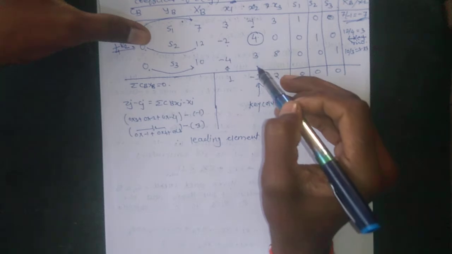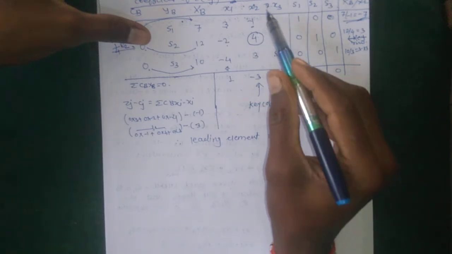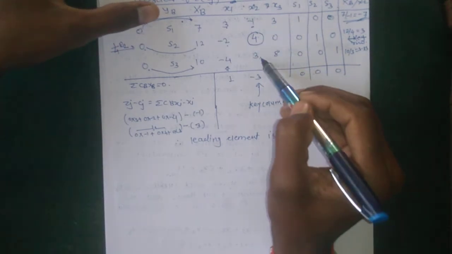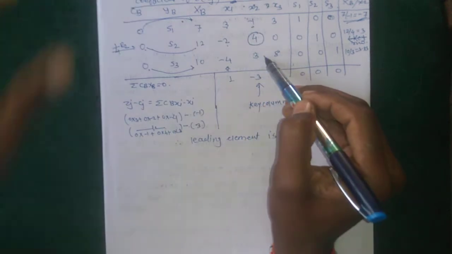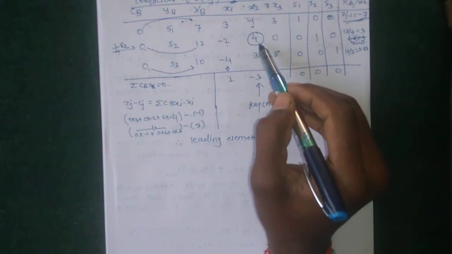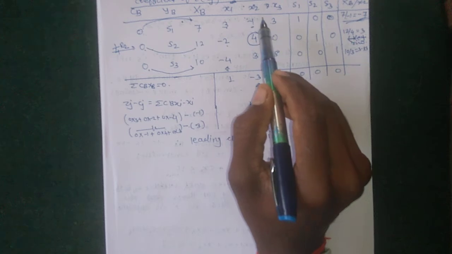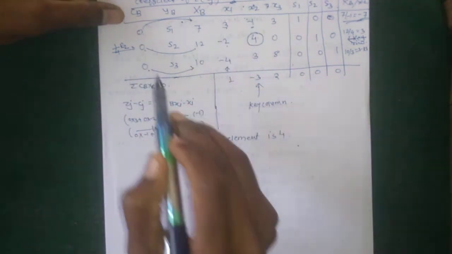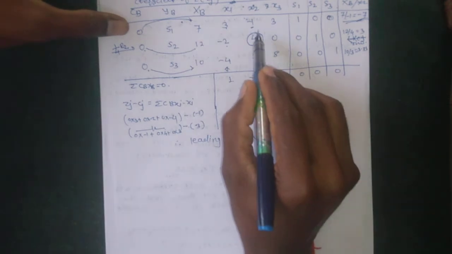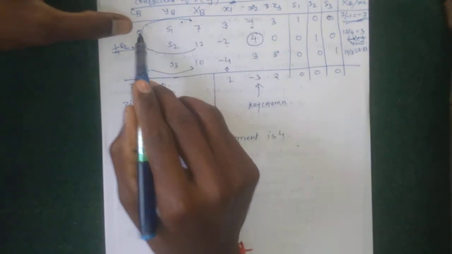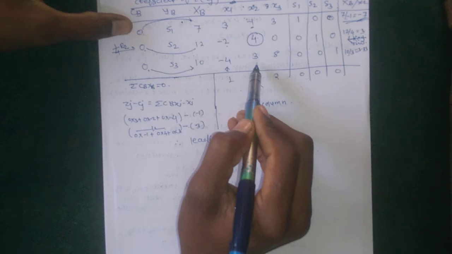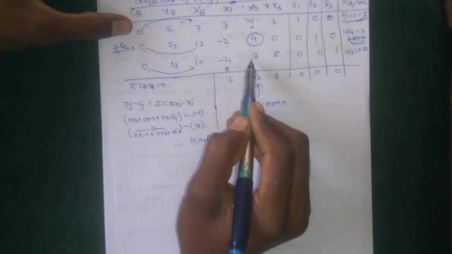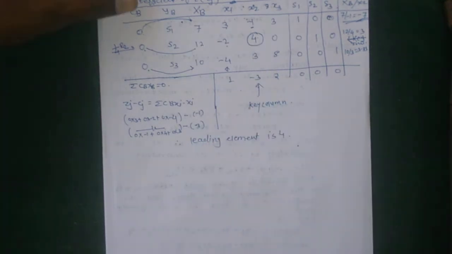and now making all other elements in its column, that is -1 and 3, into 0 by using this row. Here 1, and then take operation in this column. Taking operation in this column by using this element 1, therefore R1 plus R2, and here R3 minus 3R1, by using this operation.